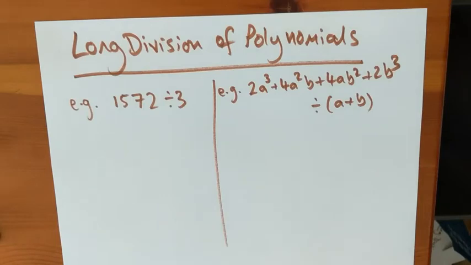Today we're looking at the ultimate polynomial question, which is long division. Sometimes you have to do division when you can't factorize it. You have to work your way through from left to right and slowly break down a polynomial. And the way you do this works exactly the same as you would do if you're dividing a larger number